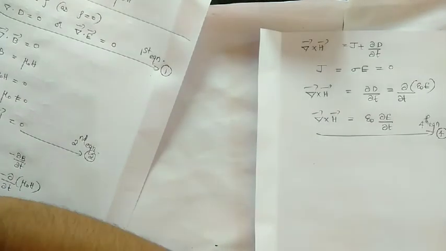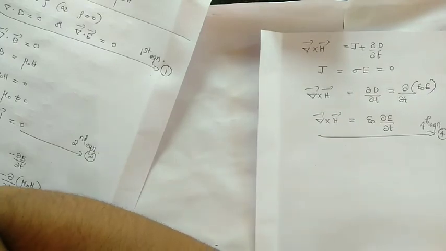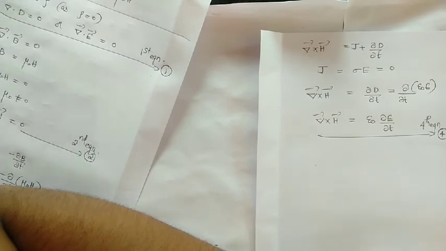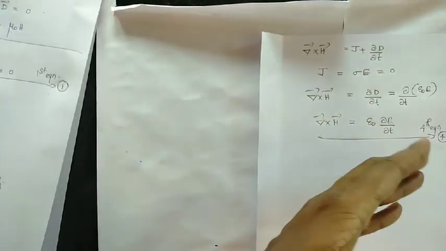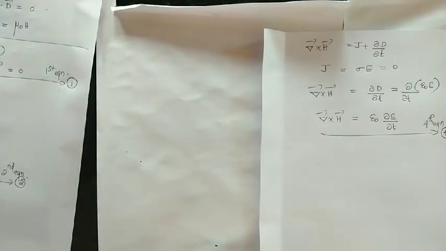From here, these two can be asked as an essay question. Derive Maxwell's fourth equation. What was the inconsistency in Ampere's circuital law? How did Maxwell fix that inconsistency? It can be asked as one single essay. Or derive Maxwell's equations in free space can also be asked. This derivation is actually very simple.